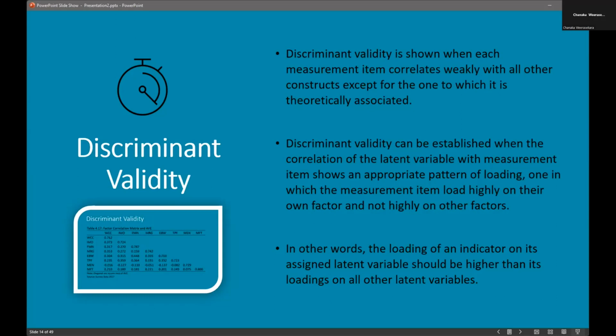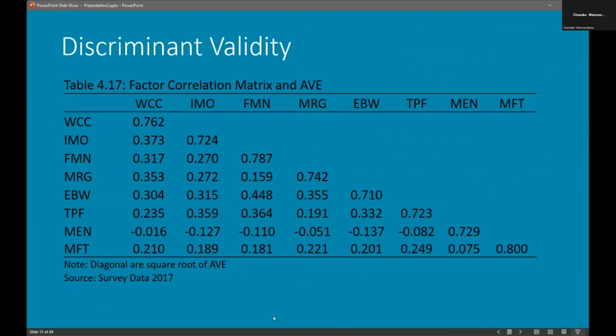Then we can check whether we have a high number of highly correlated variables with each other. So another way that we can look at discriminant validity,